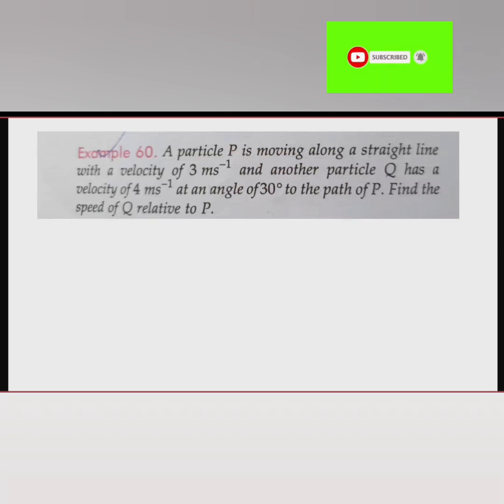Okay. So the question says a particle P is moving along a straight line with a velocity of 3 meters per second, and another particle Q has a velocity of 4 meters per second at an angle of 30 degrees to the path of P. Now, in this question they have very clearly asked what is the speed of Q relative to P. So if you are going to find the speed of Q relative to P, whose velocity will you take as negative? It should be VQ